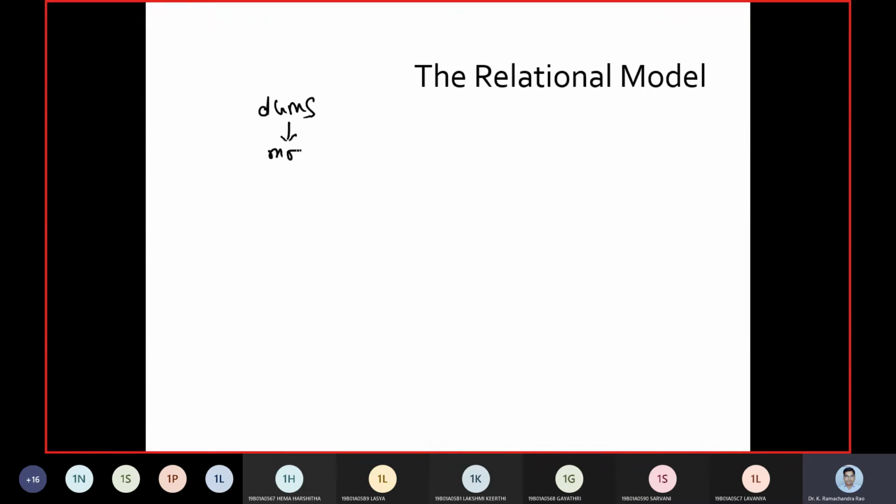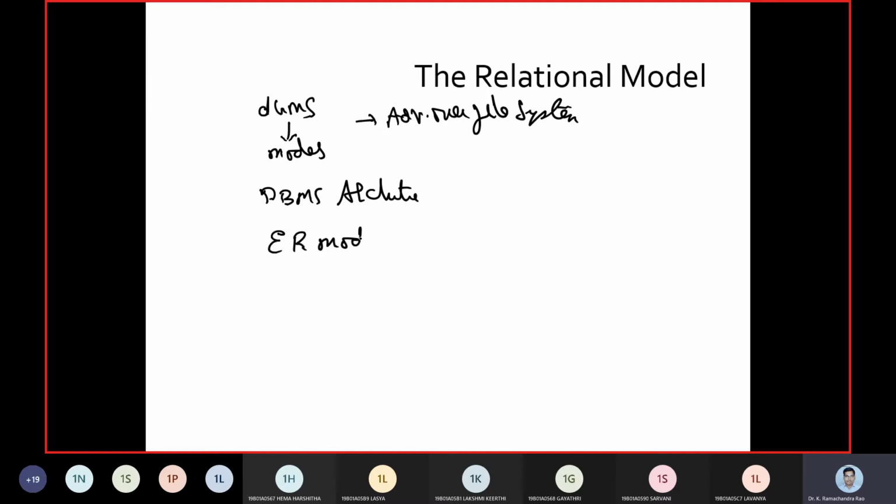Then we talked about the models, the advantages over the file system, and the DBMS architecture, how it is modeled. After that we talked about the ER model, and then we translated from the ER model to the relational model. Up to now everything was from a theoretical point of view. Now, to navigate this theoretical point of view towards the relational model, first we should understand what the relational model is.